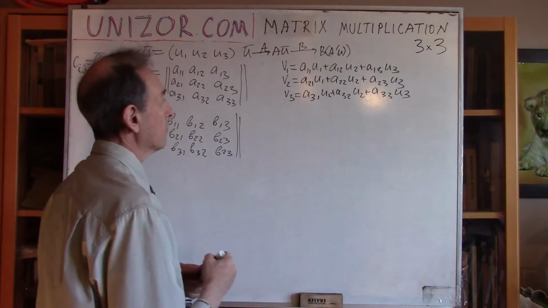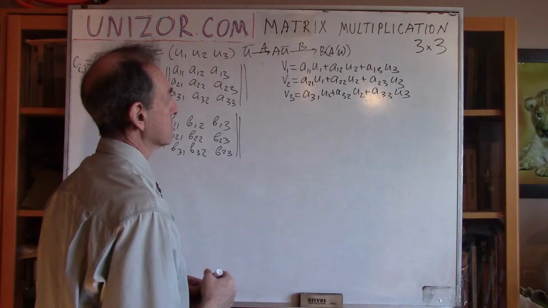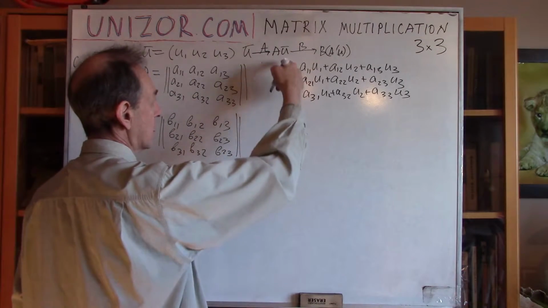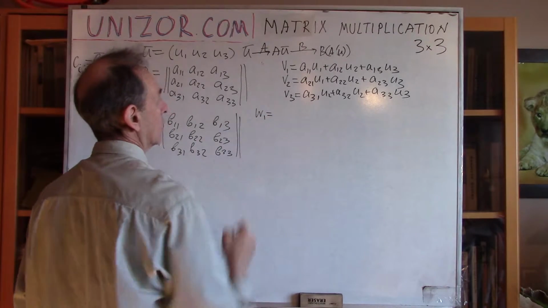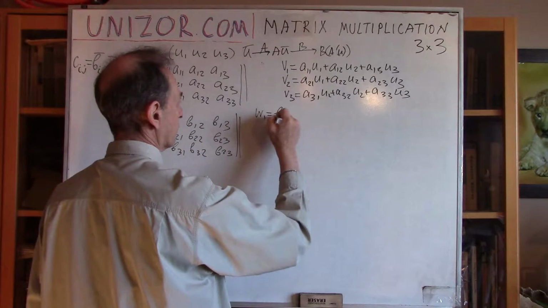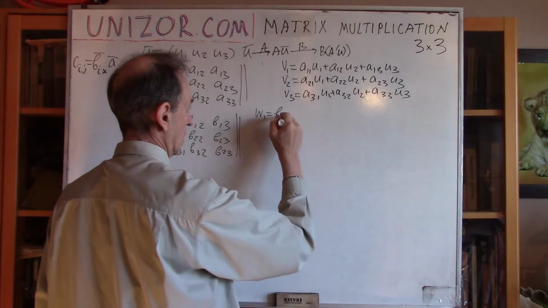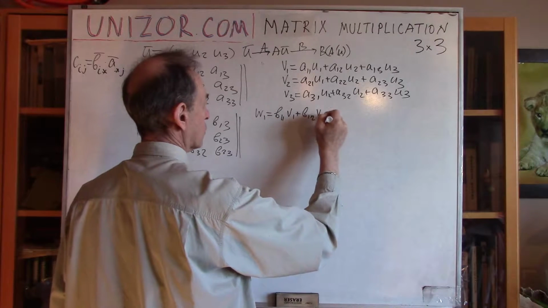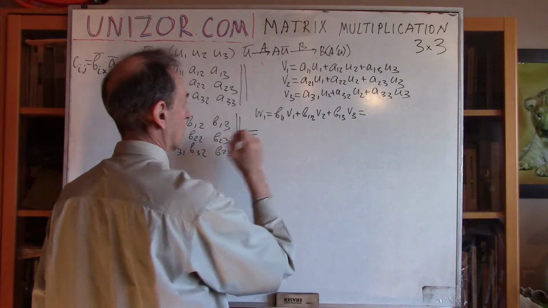So first we multiply A by U, which is this, and then we multiply B by the result. So B would be matrix B applied to V1, V2, V3 will give me W1, W2, and W3. So it's B11 V1 plus B12 V2 plus B13 V3 equals to,